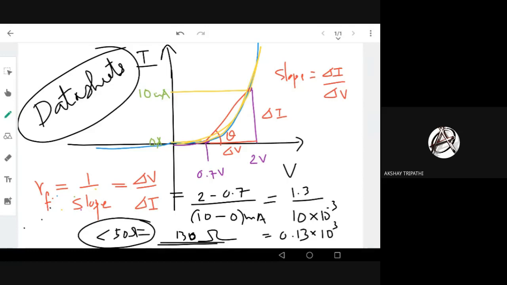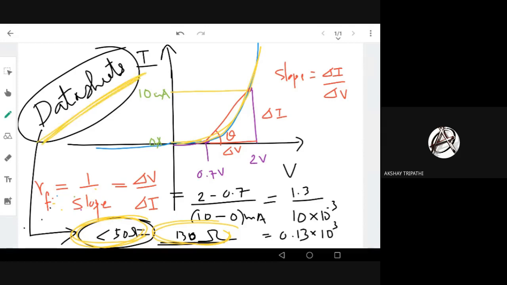So we have to refer to the data sheets of the diode, which give the exact resistance, what my exact forward resistance is in a given voltage range, etc. For example, for silicon it may be less than 50 ohm, and for germanium it may be less than 50 ohm. Silicon may be 130 ohm or so. So it varies based on the material, and also on the manufacturing process. Sometimes the same silicon diode may have different resistance based on the voltage rating and the fabrication process. So there are a lot of factors, so we have to go for the data sheets.